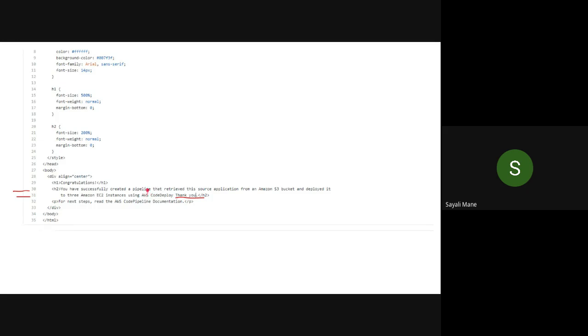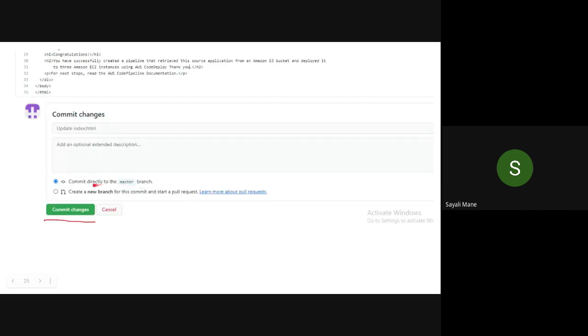I wrote a thank you message. You can delete the whole lines and type anything. Just don't delete the H2 tag, the opening and closing one. Type anything. After that, scroll down. You will see the commit changes button.